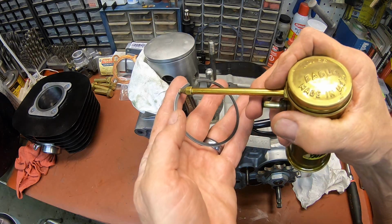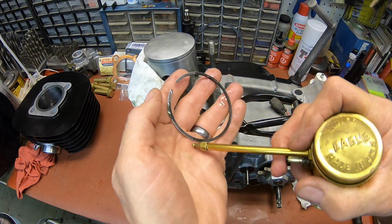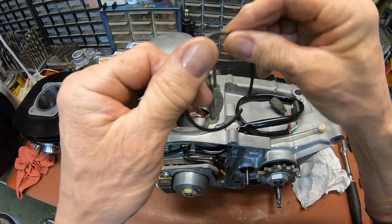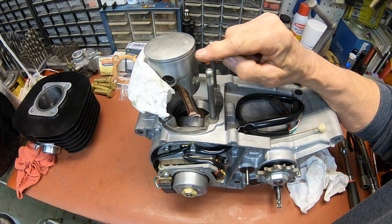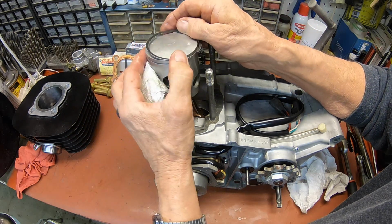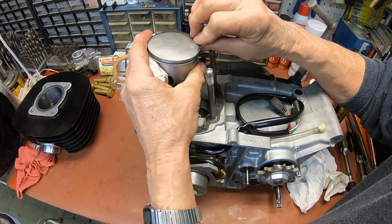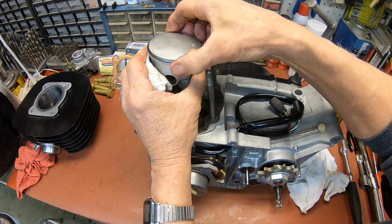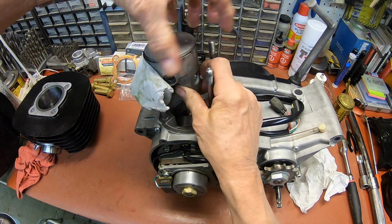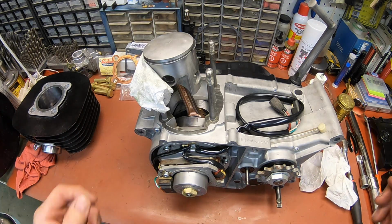And I'm just going to put a little oil on that ring. And our alignment pin is right here. And we've got the orientation right. All right. And looks like it's going in all the way. Okay, I've just